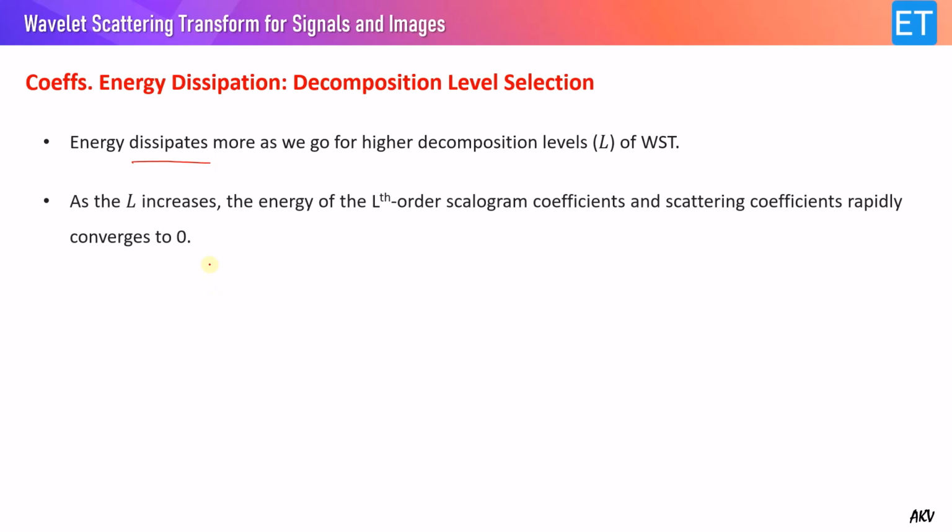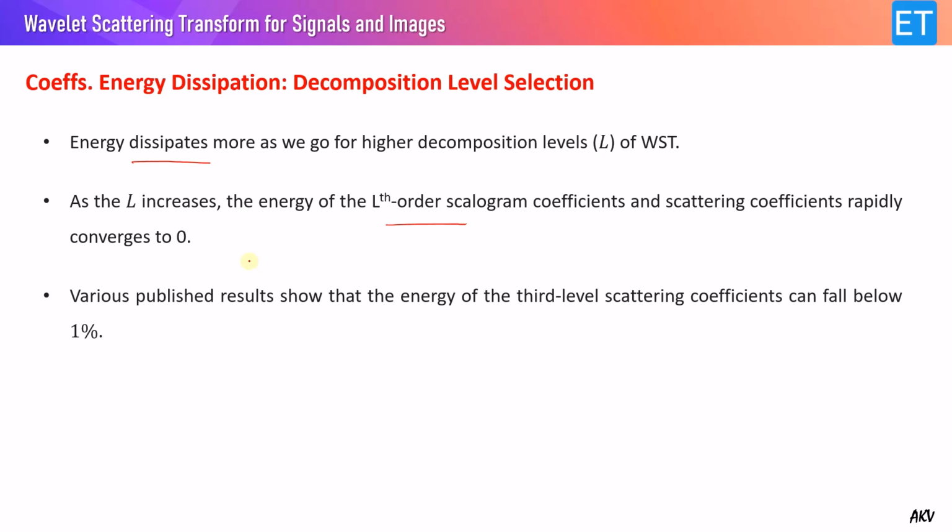So as L increases, I mean the number of levels, L equal to 0, 1, 2 like that, the energy of the Lth order scalogram coefficients and scattering coefficients rapidly converges to 0. So it means most of the energy is concentrated at L equal to 0, L equal to 1 and 2. When you go to the higher level scattering coefficients, they carry very little energy. And on the basis of various published results, I mean various research papers, we know that